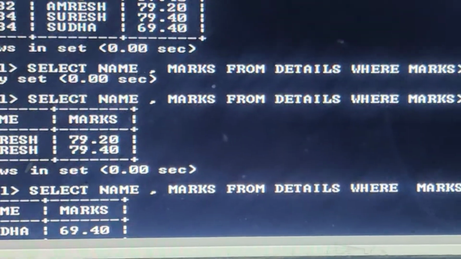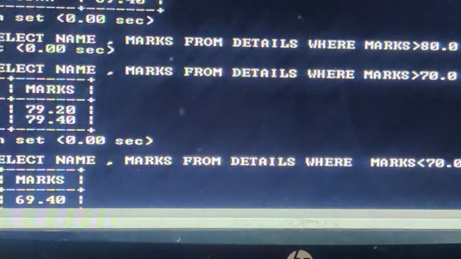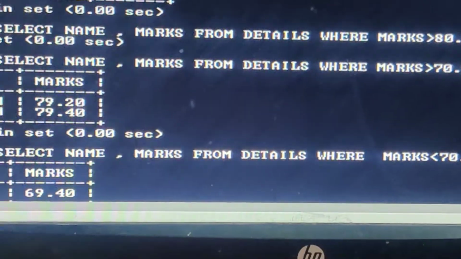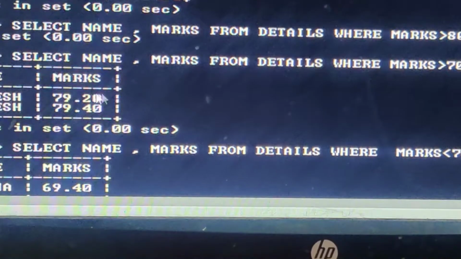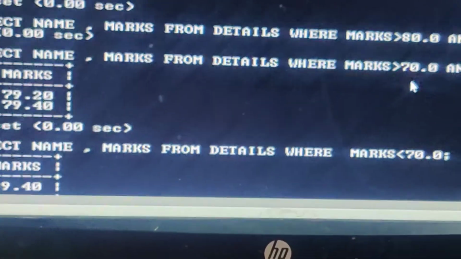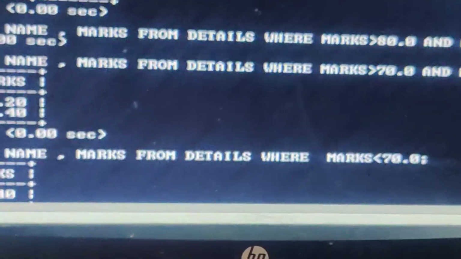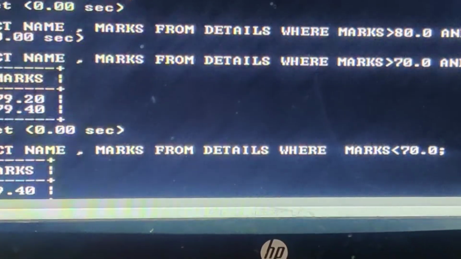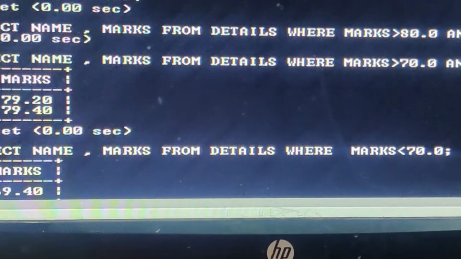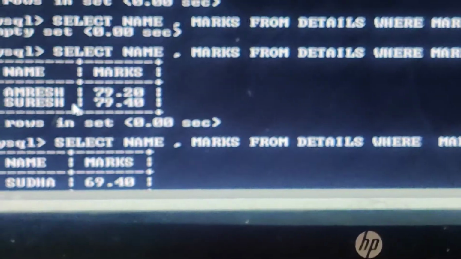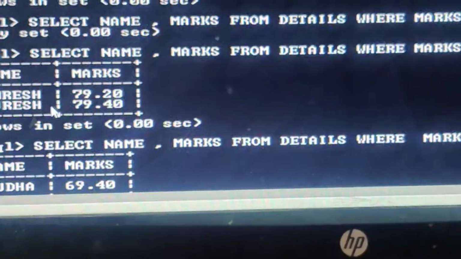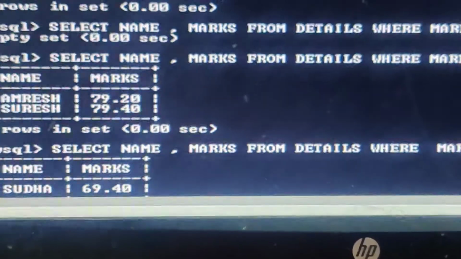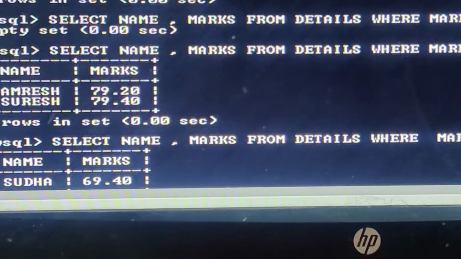In the same way, if I write select name comma marks from details where marks greater than 70 and marks less than 80, it means the marks are between 70 and 80. Then it will display the table like this. There are only 2 rows.